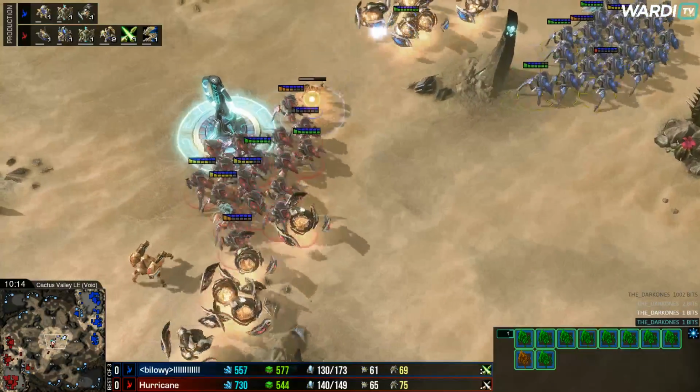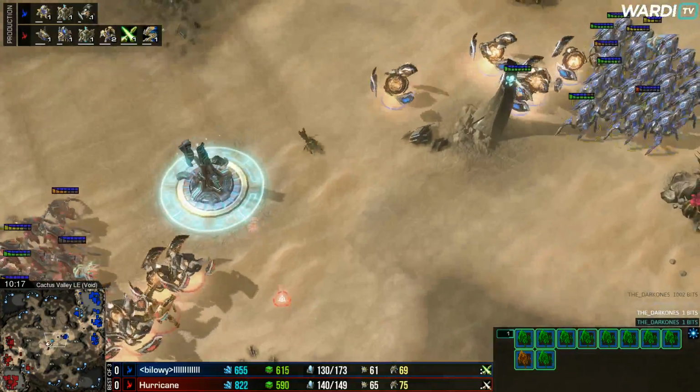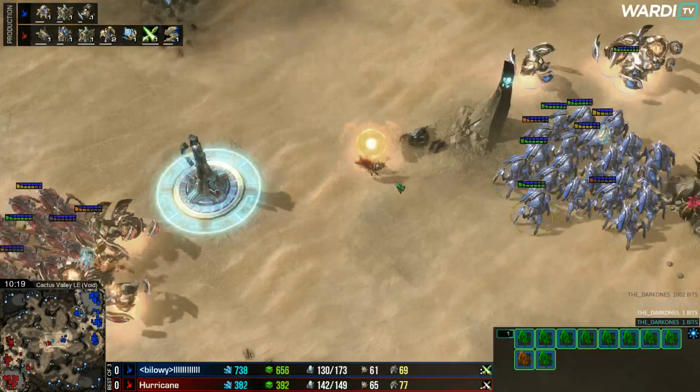So now just again find those Disruptor shots forwards. We'll have to blink this time around. Very nearly losing a Disruptor or two. Doesn't end up happening as